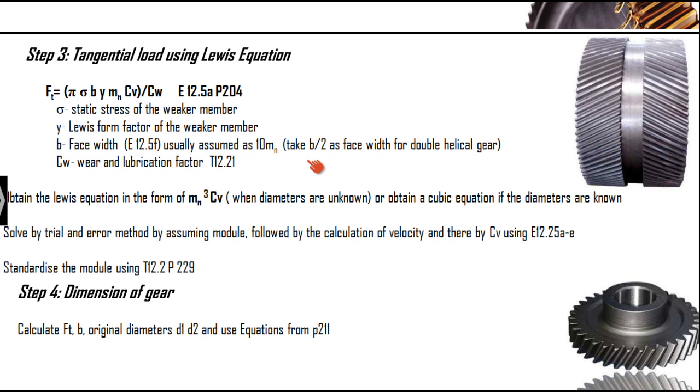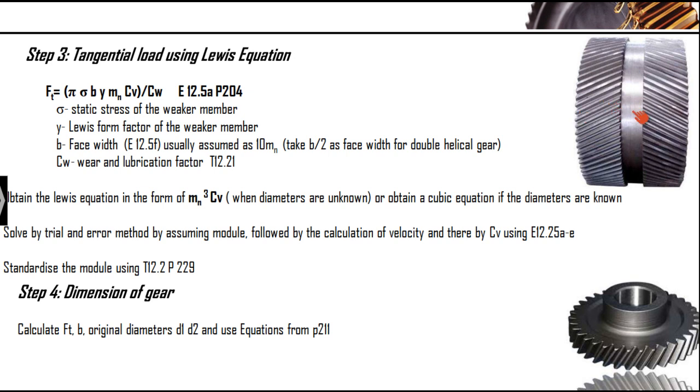Here we have to understand a difference between the double helical gear and herringbone gears. Double helical gear means you have got helix on two different sides, but it is separated by a small gap like given in the figure. You can see a small gap between the helicals, but that is not the case for herringbone gears.